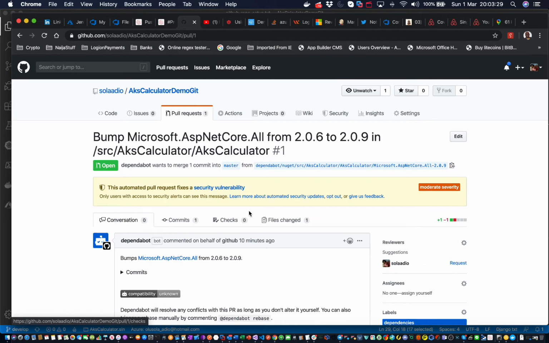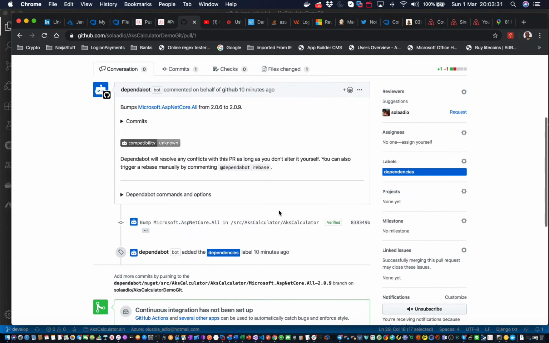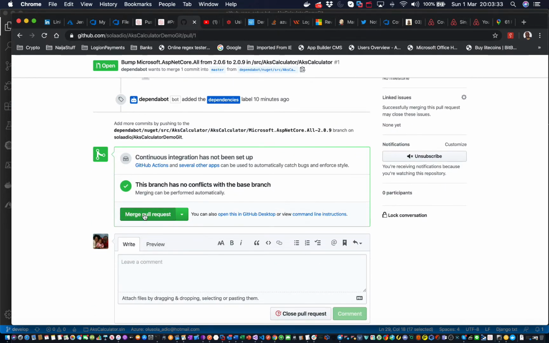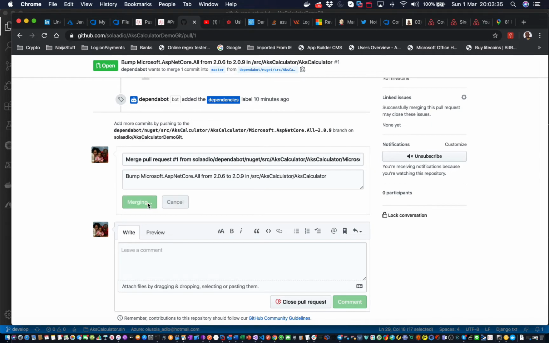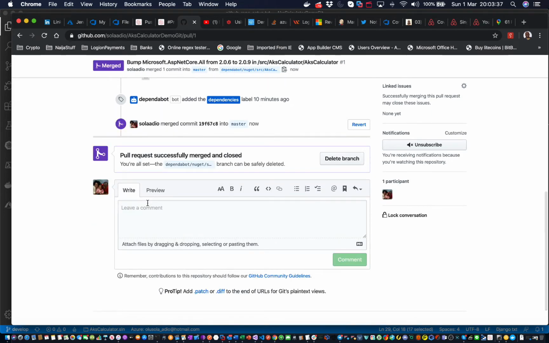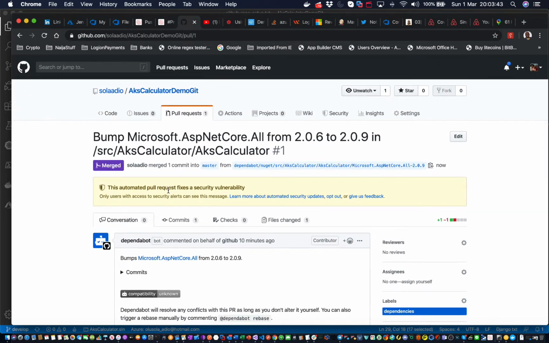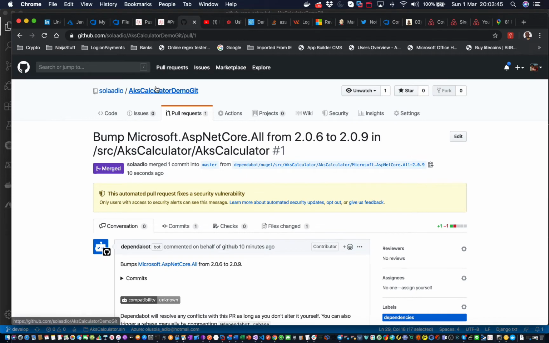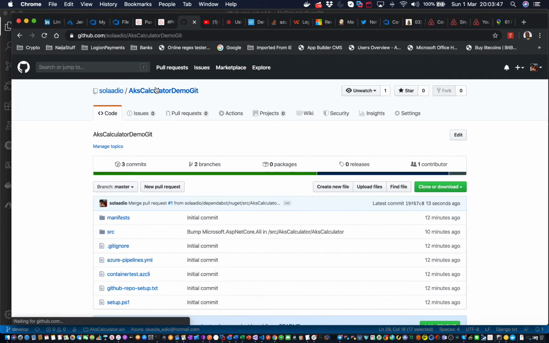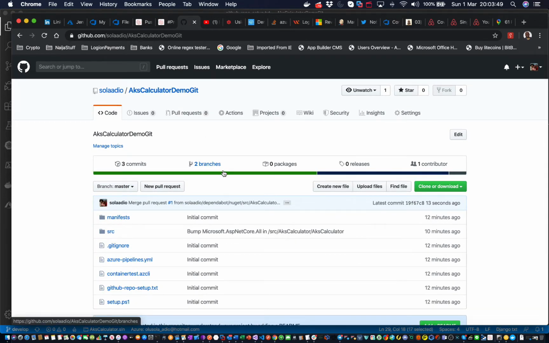So what we want to do is to merge this pull request. Now this is on the master branch. So that's on the master branch, and I think that pull request has been merged. It was like an automated change of code. So the next thing we want to do